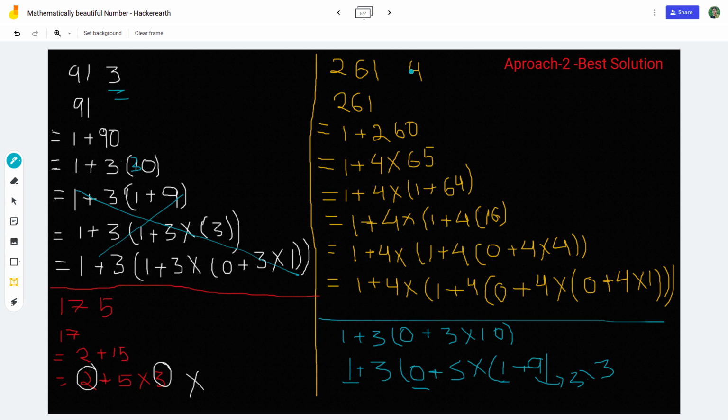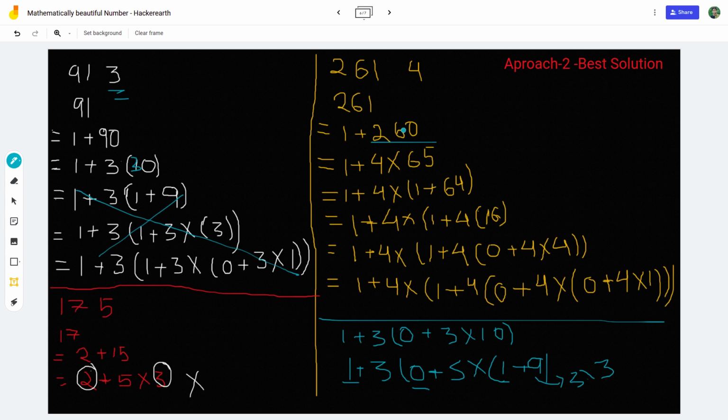So for 261, what we can do? Basically we are just trying to expand it as something like this, which is a multiple of 4. For 261, we can write 1 plus 260, then 1 plus 4 into 65. So this can be written as 4 into 65.